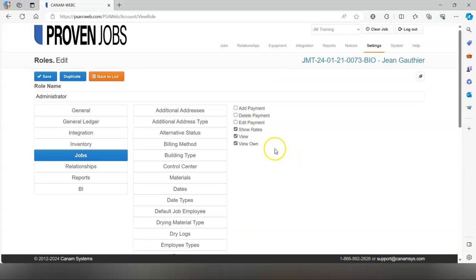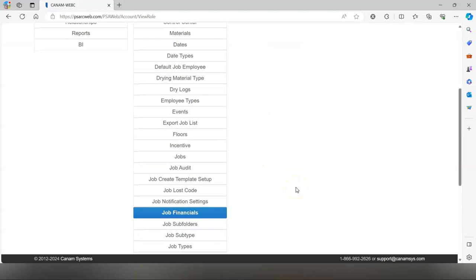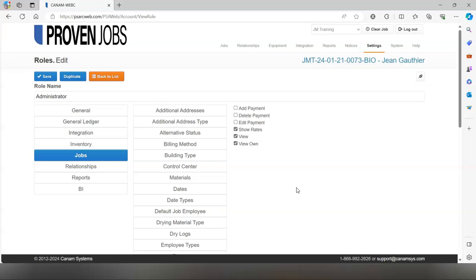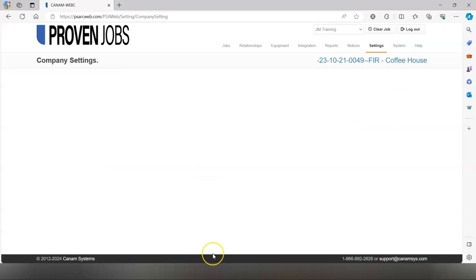Here, you want to make sure that View or View Own has been enabled for the job financials. This allows the user to see the financials within the Financials tab of the job file. The next item we're going to take a look at is Company Settings. So navigate to Settings, Company Settings,